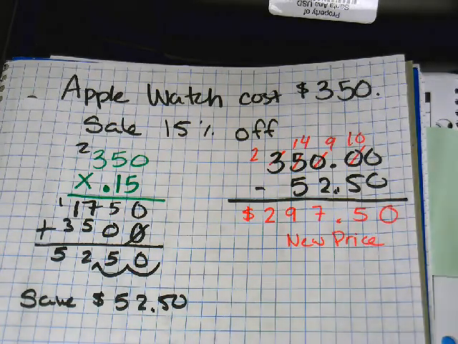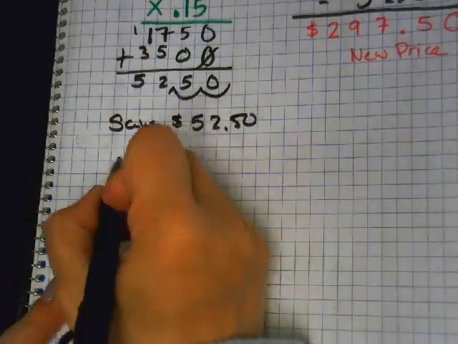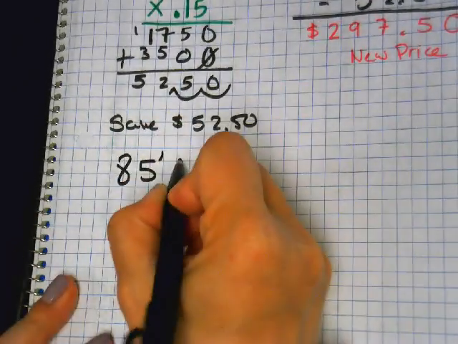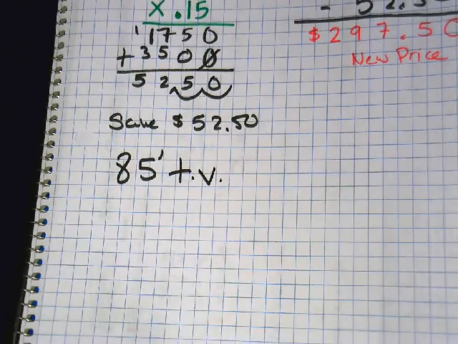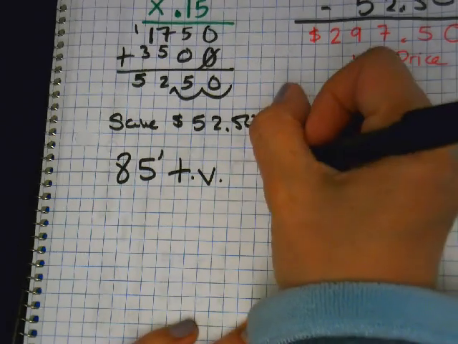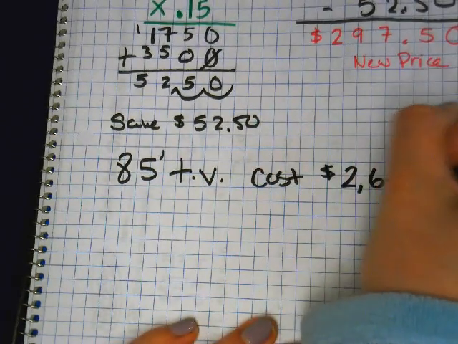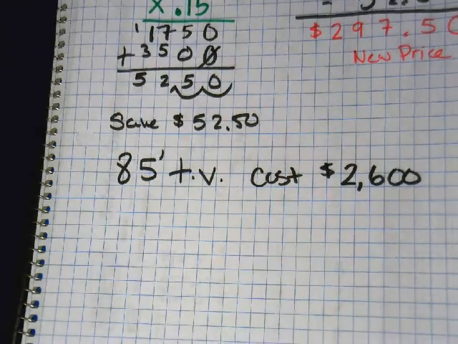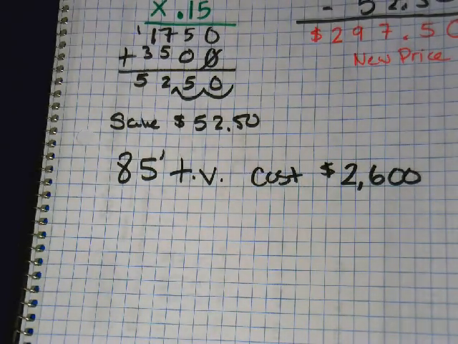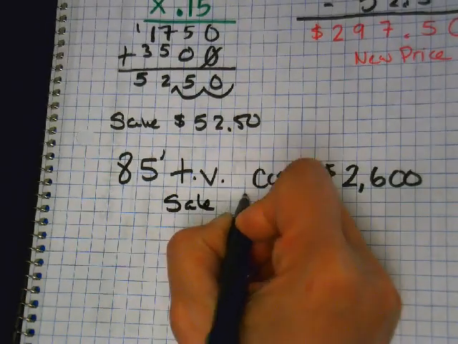All right. Let's say these screens are too small, so I need to buy an 85-inch TV. We do this on a worksheet. Our 85-inch TV costs $2,600, but because of the holiday season, it is on sale for